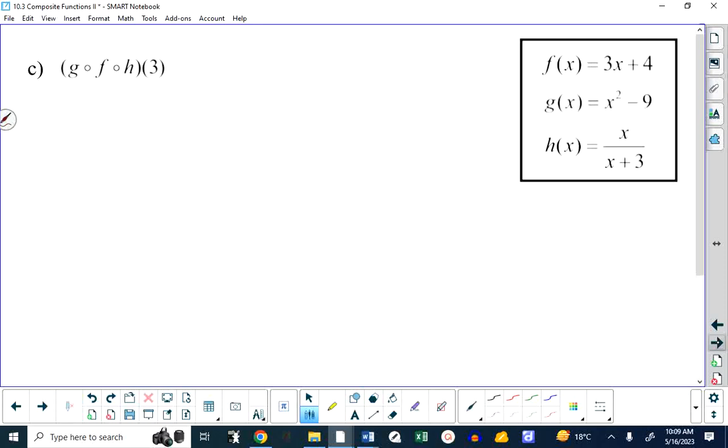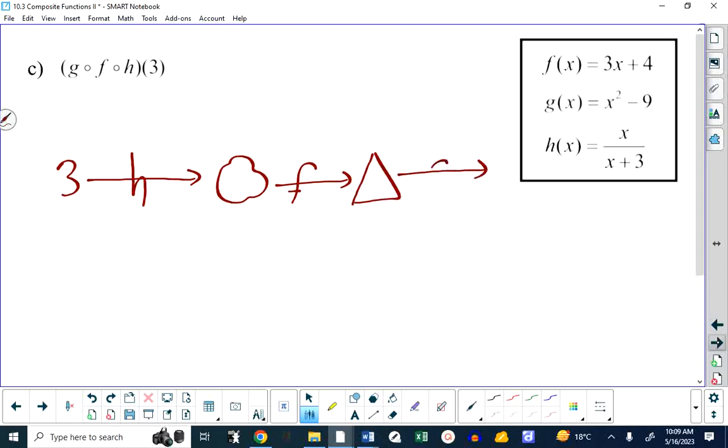G of f of h of 3. Okay, this one is actually a little more straightforward because it's just compositions. It's not compositions and sums or quotients and compositions. This gets fed through h. Whatever happens coming out of h gets fed through f. Whatever that is gets fed through g, and that gives us our answer. So 3 through h. I'm going to put a 3 here and here. You're going to do the same thing,